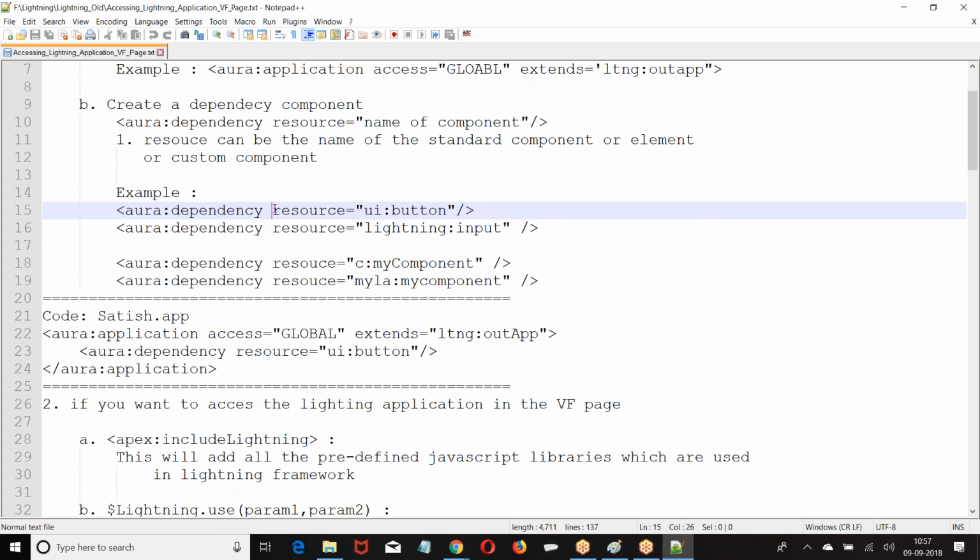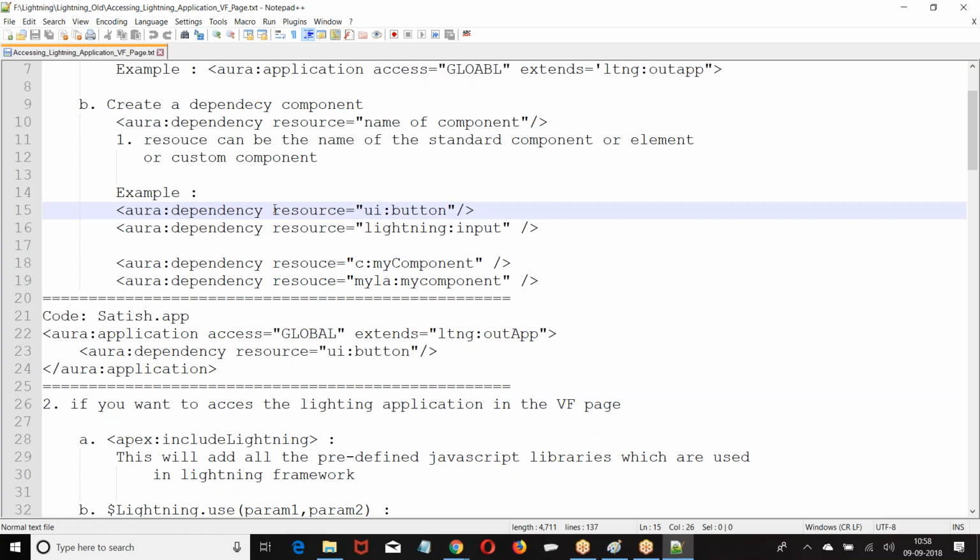Then I need to define the dependency. It can be one or multiple, it's up to your choice. Because I'm showing an example, I'll take only one. You can go with multiple also. Now, how do you define aura:dependency? aura:dependency resource equal to the name of the component.